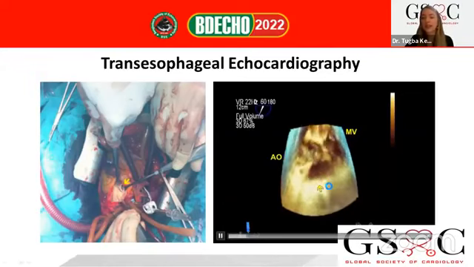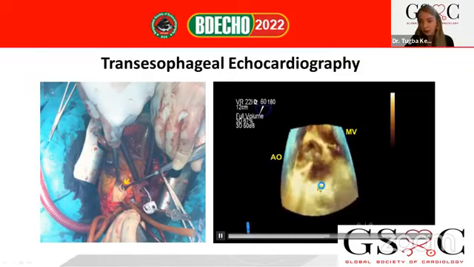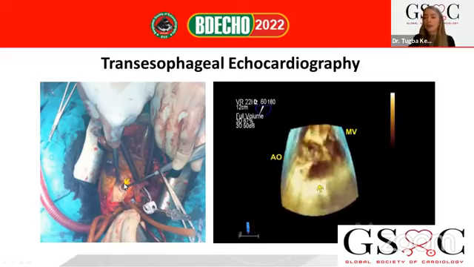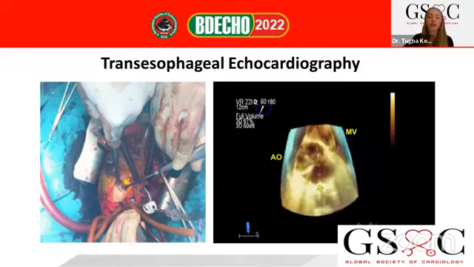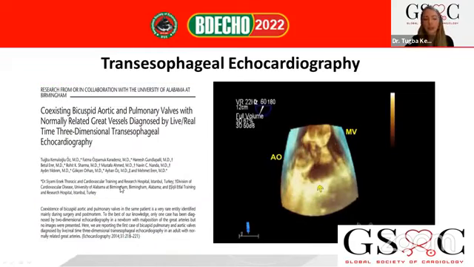In the same case, I see that yes, this patient has a bicuspid aortic valve, but when I look, I see that the pulmonary valve is also bicuspid, and this patient underwent surgery because, at the same time, he has a large ASD, and the surgeon said that yes, it is a bicuspid pulmonary and bicuspid aortic valve. And we published these cases because it was the first described case of bicuspid aortic and bicuspid pulmonary valve at the same time.